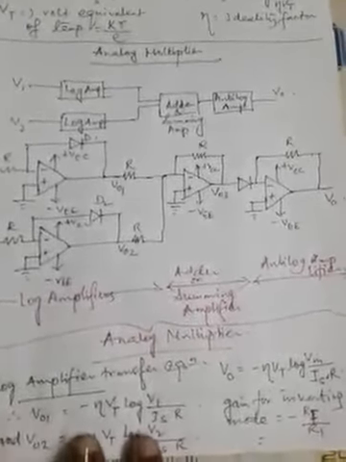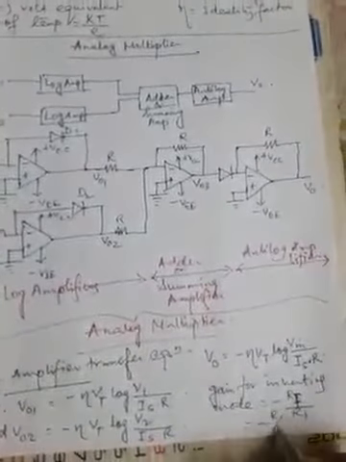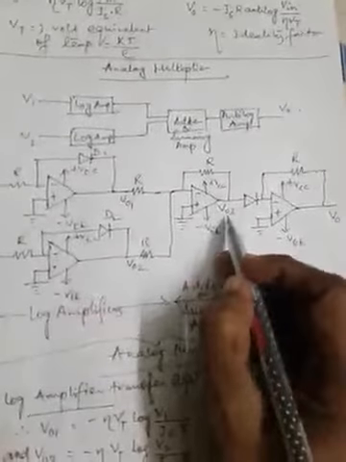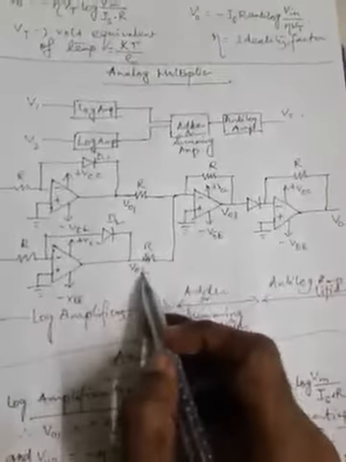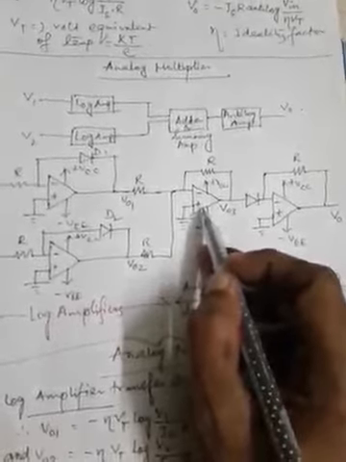input terminal, inverting input terminal of the op amp, and here in this case both Rf and R1 as per this diagram is R. So therefore minus R by R, so this is minus 1. So if we now try to find what is VO3, it is the addition of VO1 and VO2 while this op amp is working in inverting mode. So therefore how can we write VO3 in terms of VO1 and VO2?